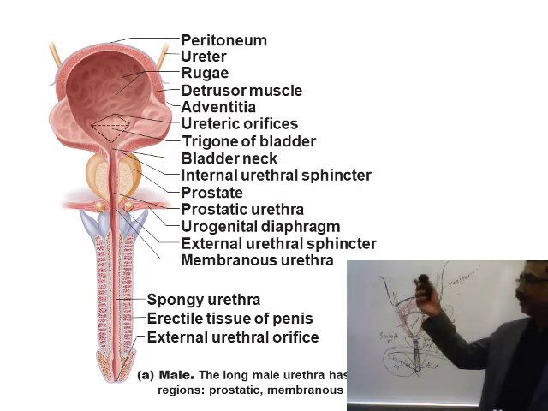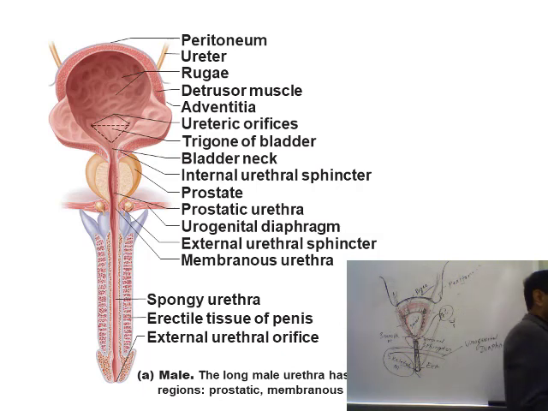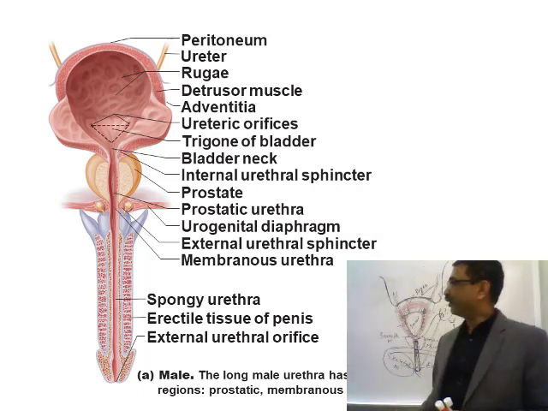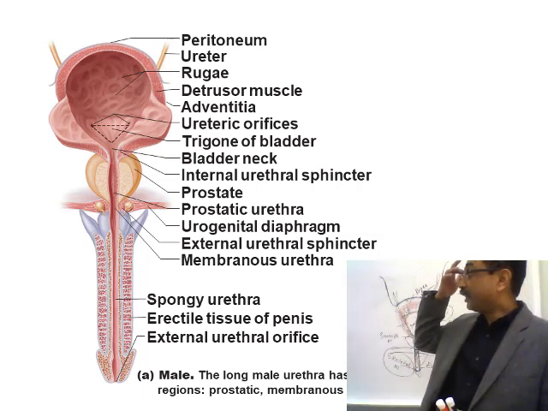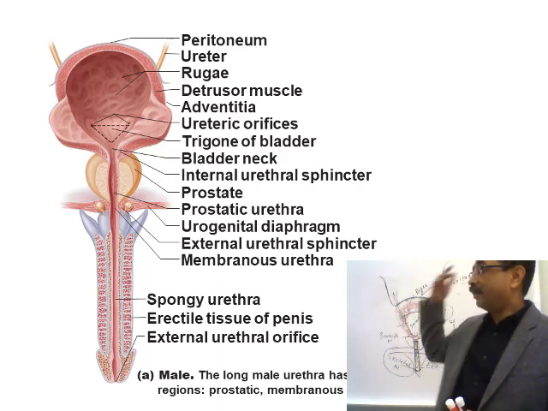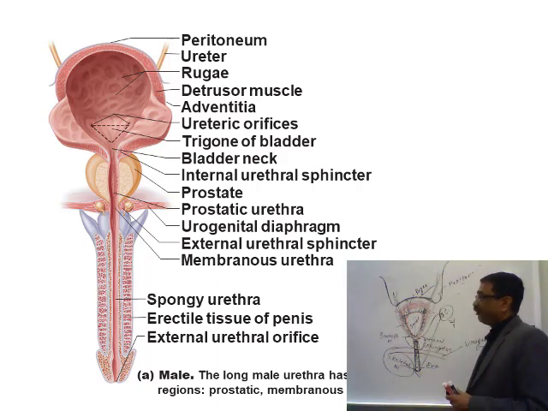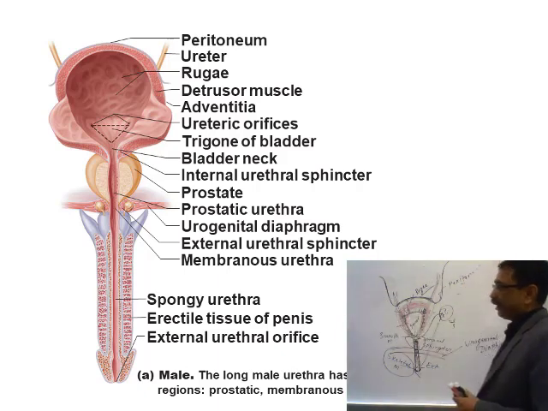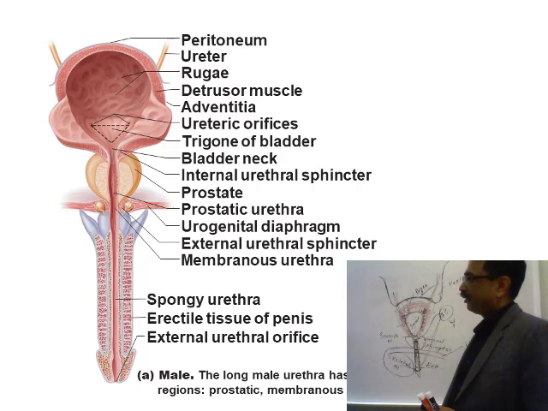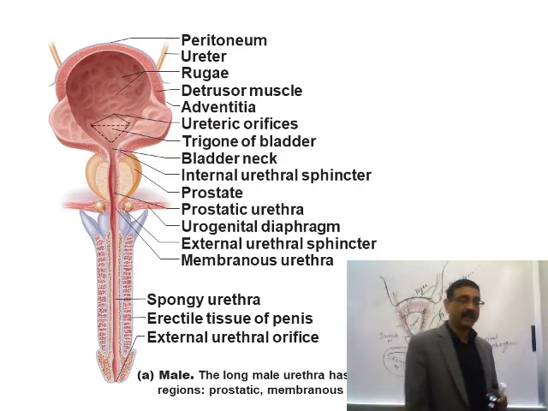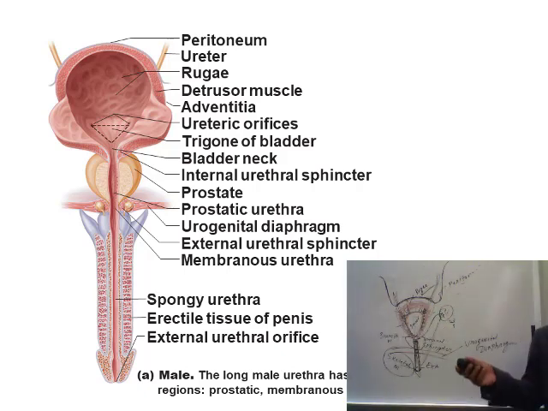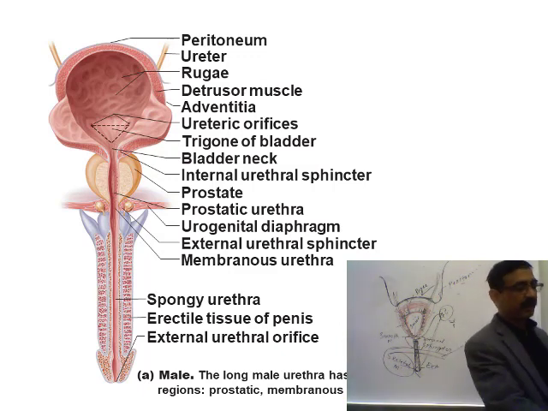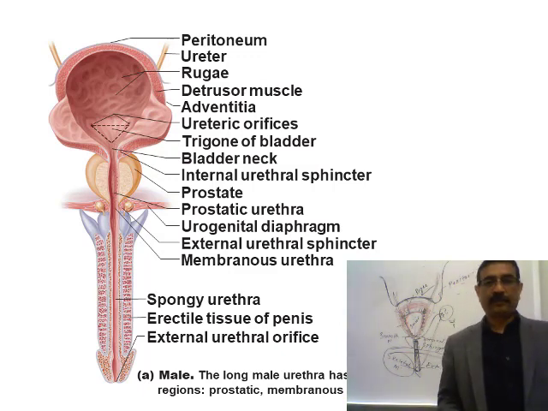Here you see the same thing I showed just under the bladder. You have the prostate, and inside the prostate, prostatic urethra. Inside the urogenital diaphragm, that flat muscle, we have the membranous, and the last part is the spongy, which is inside the penis. So those are the parts of the male urethra. Okay, so that's all about the urinary system. Remember, understanding urinary system